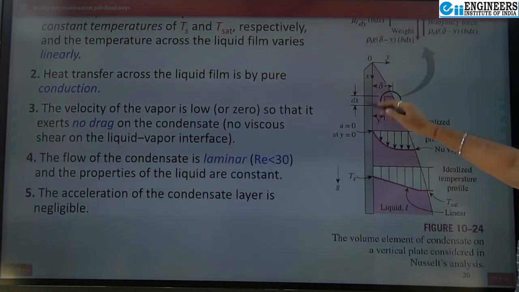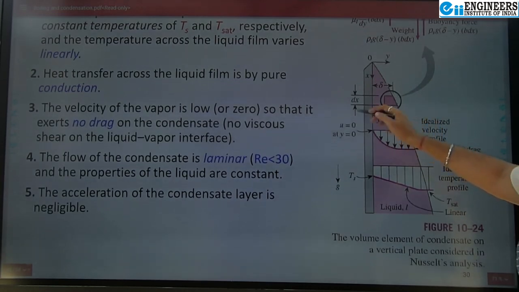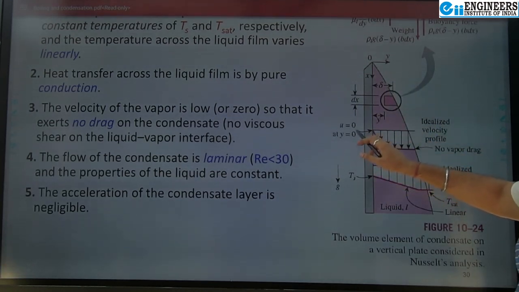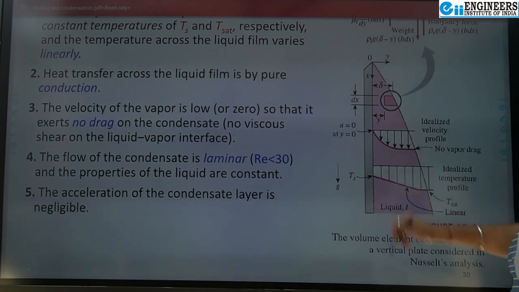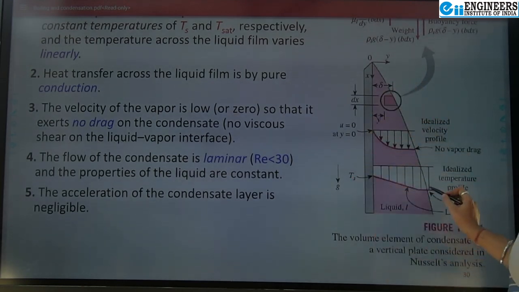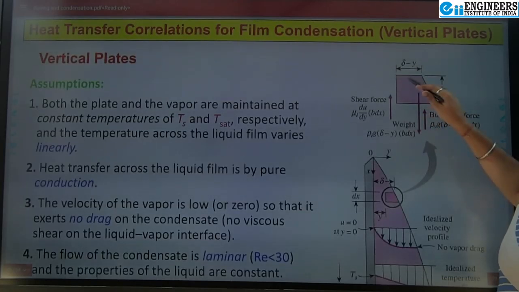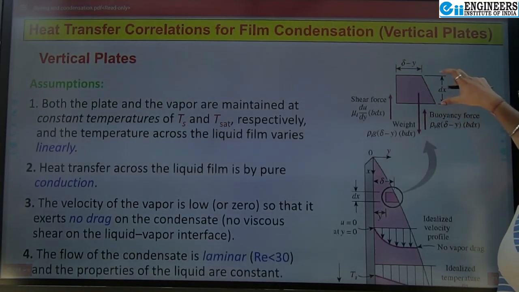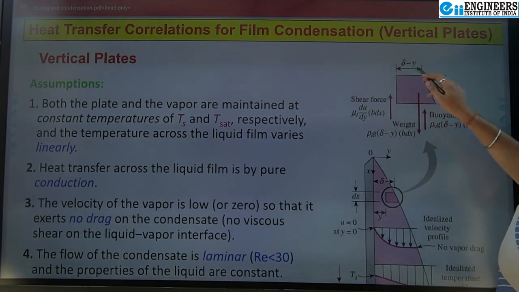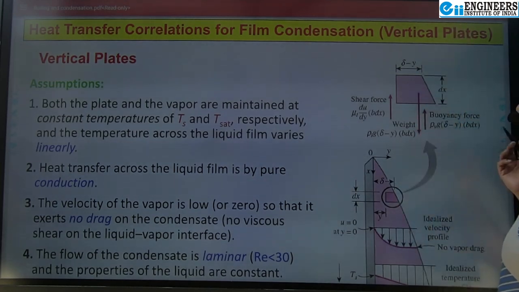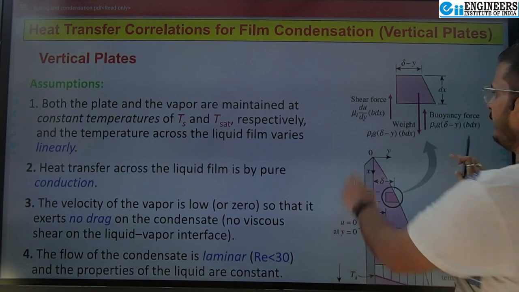Then let us consider an element of thickness dx. At the surface the velocity is u0 at y equals 0. The surface temperature is Ts, and gravity is acting downward. At the interface of the liquid and vapor, the temperature is equal to T saturation. If we see the force balance of the element, supposing this height is dx and this length is delta minus y, then the shear force will be acting in the upward direction, and by Newton's law of viscosity,